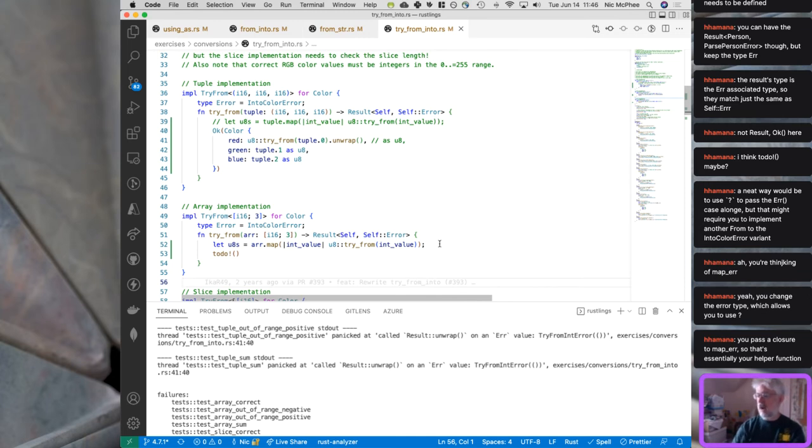So I guess the idea then is that array map is an array of result types, and